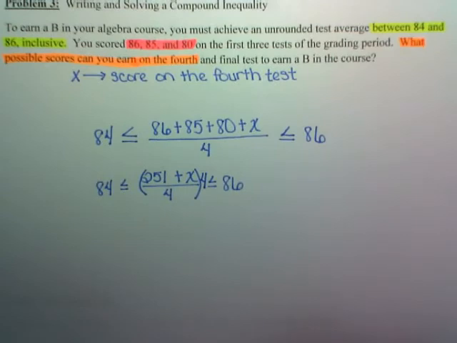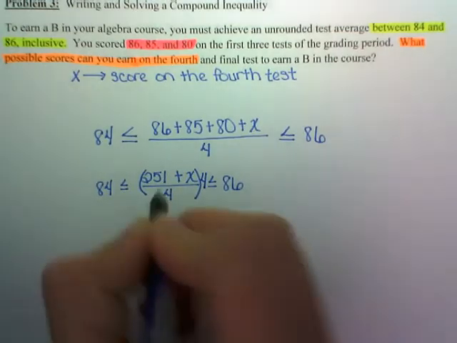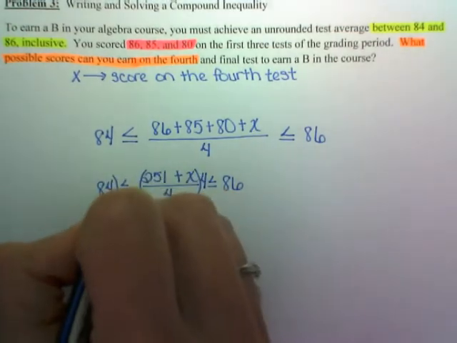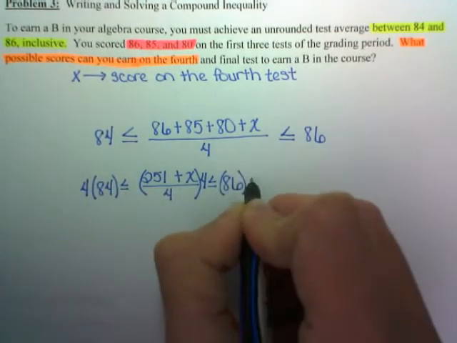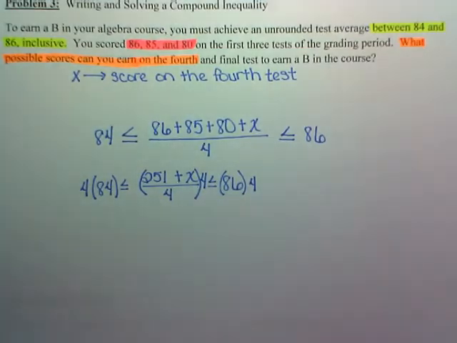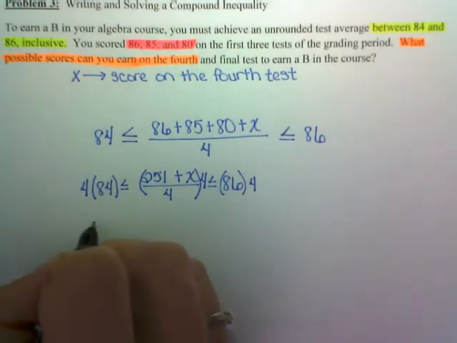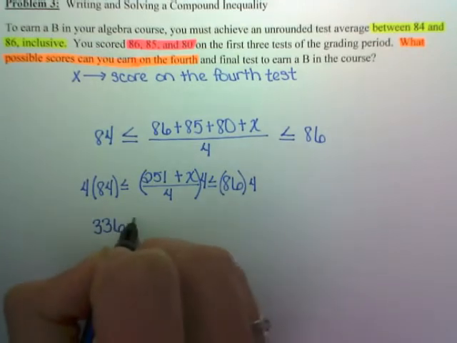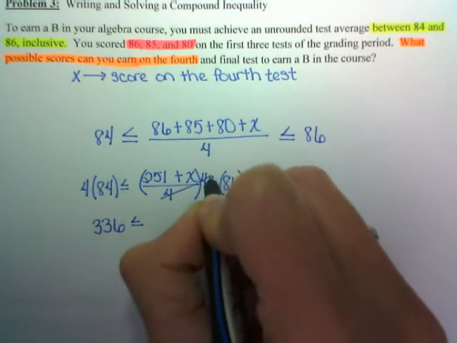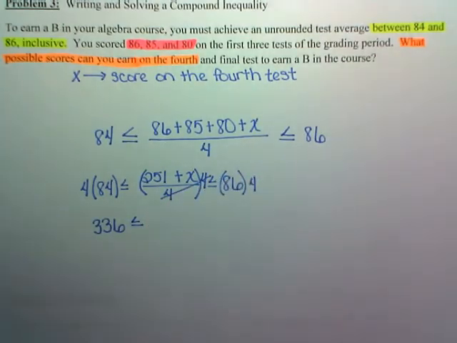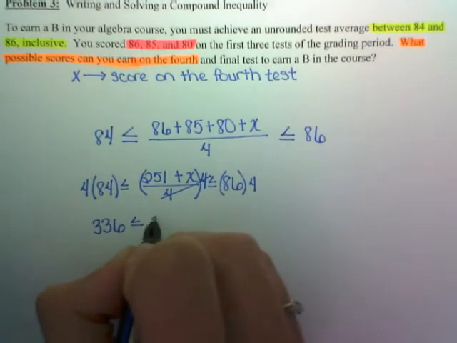So I'm going to squeeze a little 4 in there. I'm going to multiply by 4. But if I multiply the middle by 4, that means I've got to multiply the left by 4, and I've got to multiply the right by 4. I've got to keep everything balanced. So what I do to the middle, I have to do to each side. So 84 times 4 is 336 less than or equal to, now since division and multiplication here are inverses, that's how I'm able to eliminate those. I'm left with my